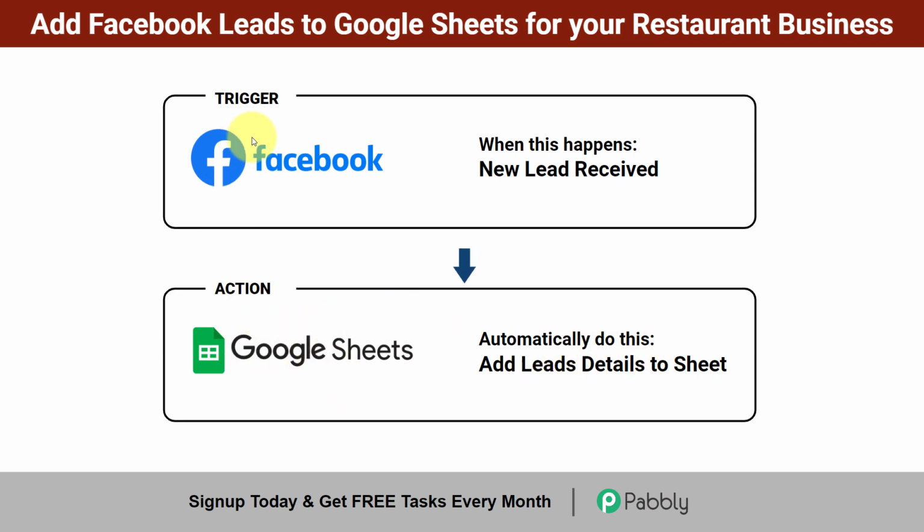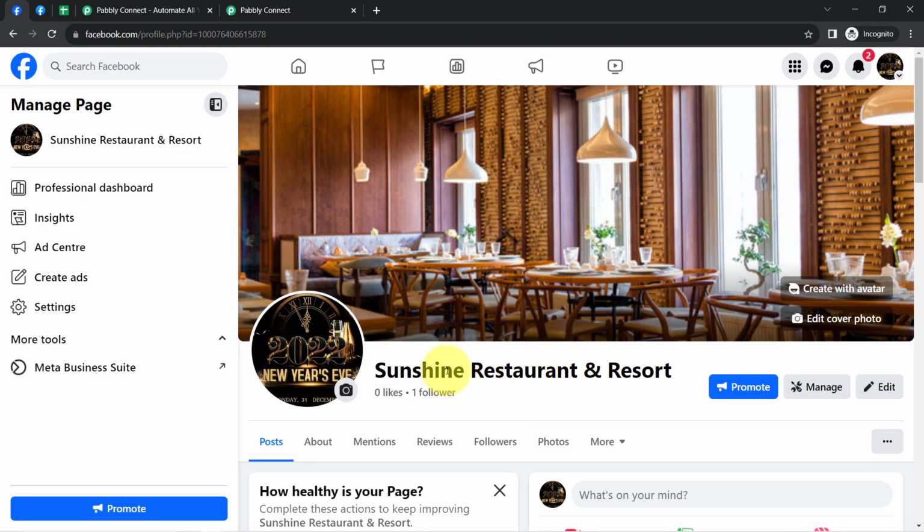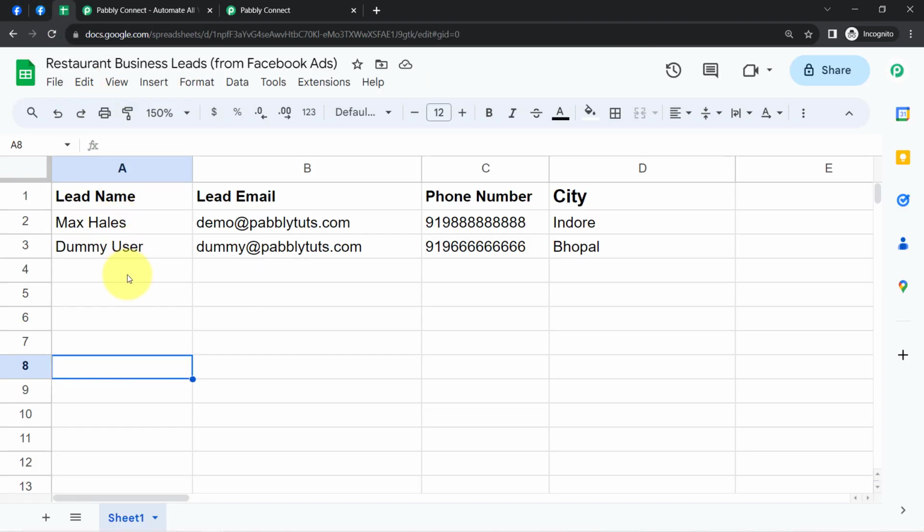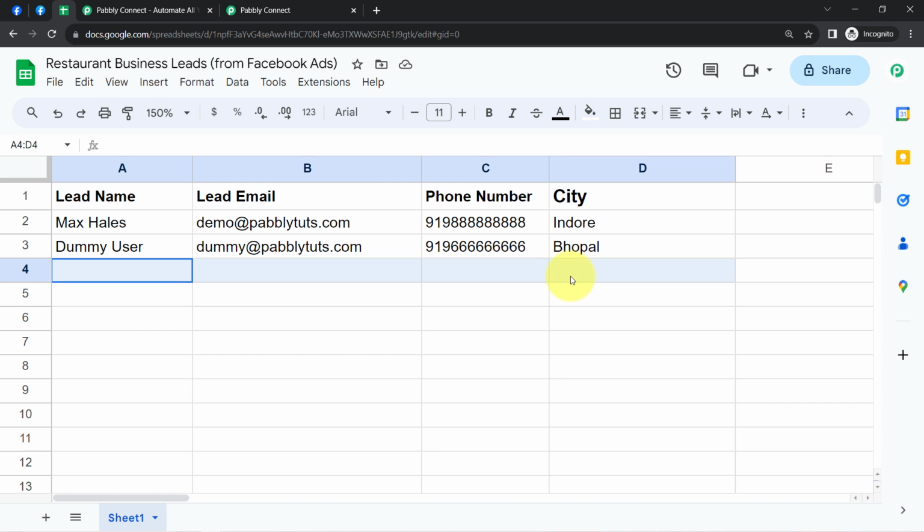So if you also want to collect your lead data to Google Sheets in real time, then come with me and I will show you everything step by step. This is the Facebook page I have created for my restaurant, just for testing purposes, and this is the Facebook lead ad form I have created. And whenever a new lead arrives, I will show you how to instantly add that lead to your spreadsheet,